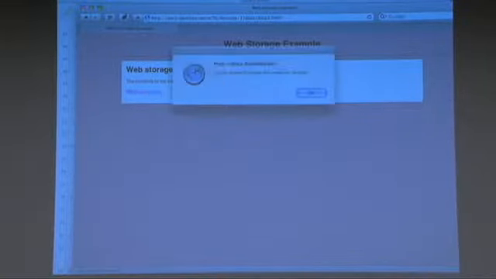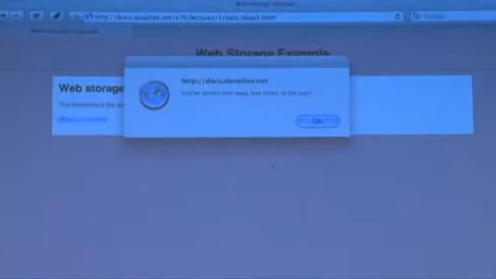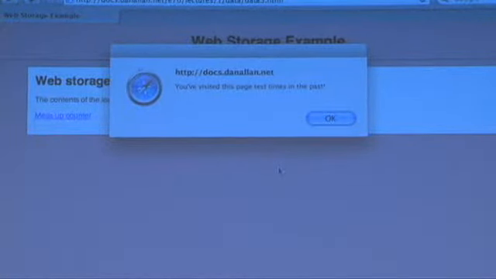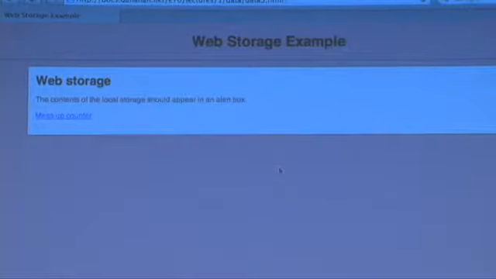So I'm going to mess up the counter. And now what it does is it actually called that same function again, which is going to show the alert. We can see that the alert, you visited this page test times in the past, whereas before we actually had an integer. So if I hit OK on this, now reload the page, what's going to happen is that, recall